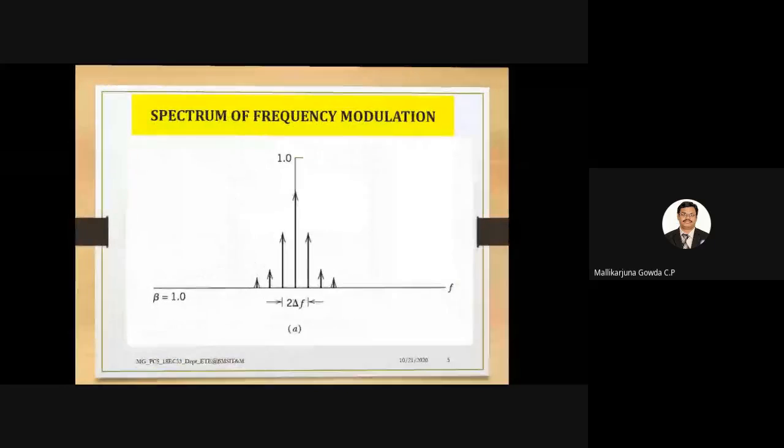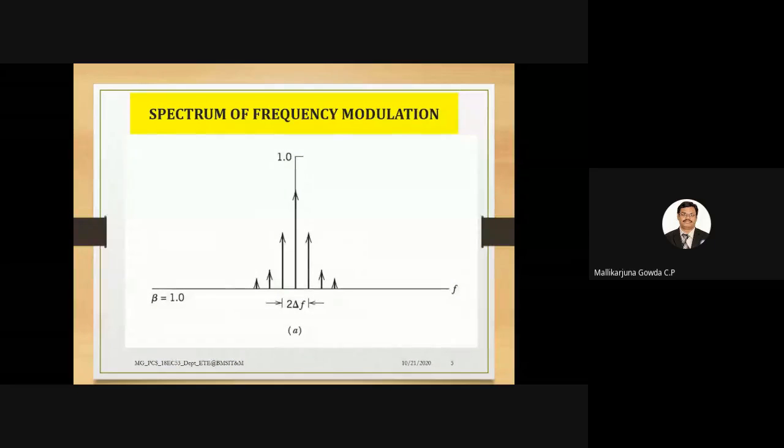I will go back to this one. Let's just see the spectrum of the frequency modulation. Here I have considered two cases. In this case, the amplitude of the message signal is varied, and the frequency of the message signal is kept constant. You need to observe very carefully. As we know, the variation in the frequency of the carrier signal depends only on the amplitude of the message signal, not on the frequency of the message signal.